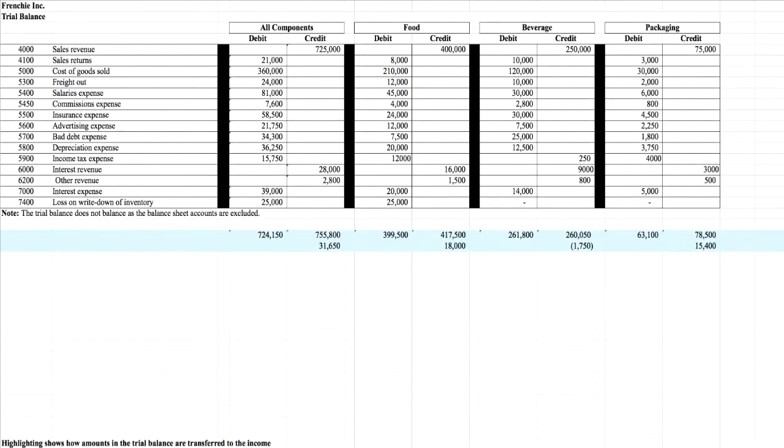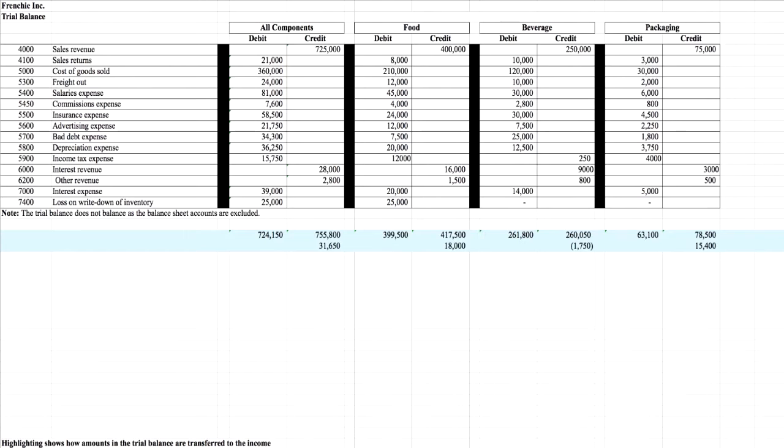One more time, guys, we've got our trial balance. It's not going to balance though, just note we only have our income statement accounts here. So we've got all our debits, our expenses and losses. We have our credits, our revenues and gains for all components. If we break it down by component, for example, we're going to be discontinuing the packaging segment. When we discontinue the packaging segment, we're going to lose all those debits, expenses and losses of 63.1. We're going to lose all those revenues and gains, the 78.5. So the profit contributed from packaging, 15.4, will be eliminated. That's going to be moved to discontinued operation.